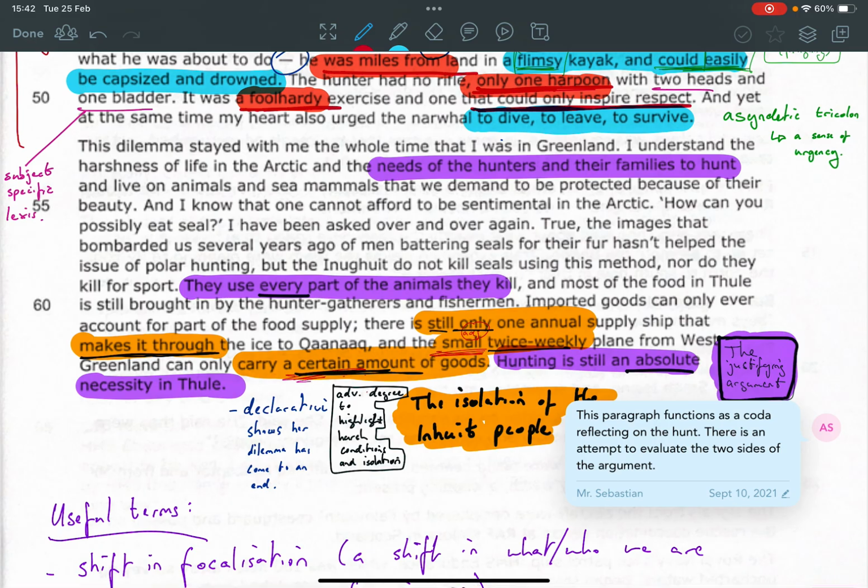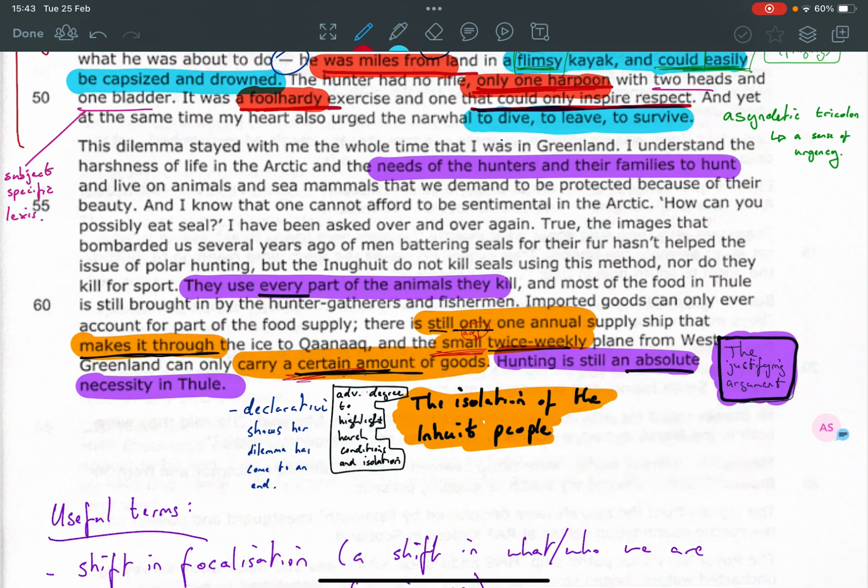There is an attempt to evaluate the two sides of the argument. And so in purple, we've got the needs of the hunter and their families. They use every part of the animals they kill. Hunting is still an absolute necessity in Thule. So that's the justifying argument. And then you've got the